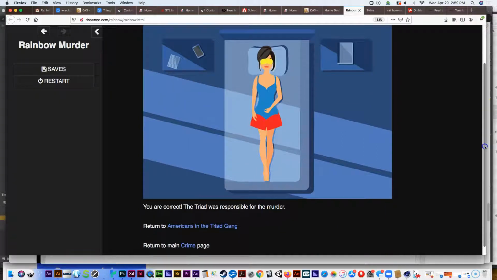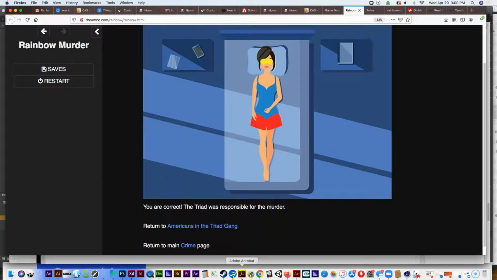It's only when you get the correct answer that you see the murder scene here. And basically what it was, she's wearing red, blue, and yellow, which are primary colors, but they also form a triad on the color wheel. And so that's the part of the clue: it's called the Triad gang, and it's a triad on the color wheel. Now that takes me to one of the clues that I was supposed to cook into this